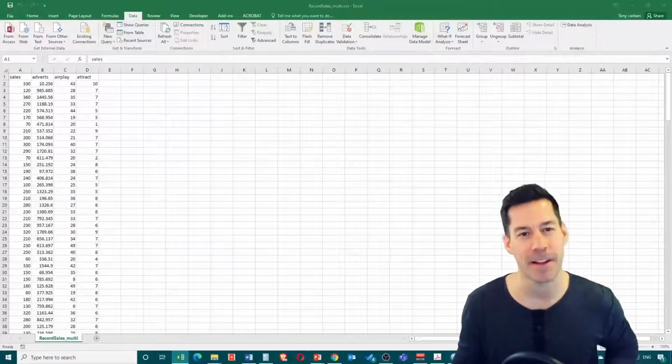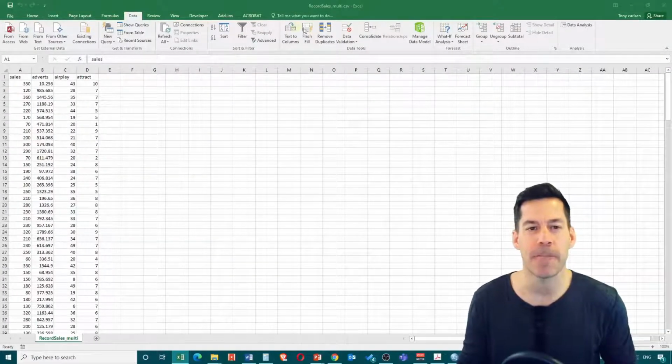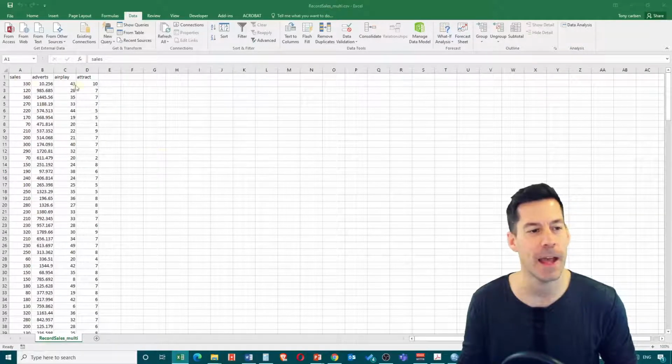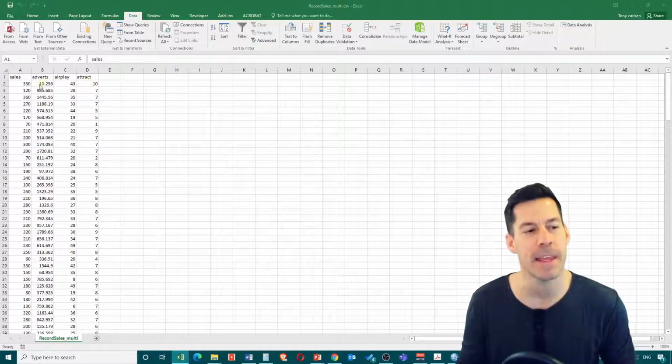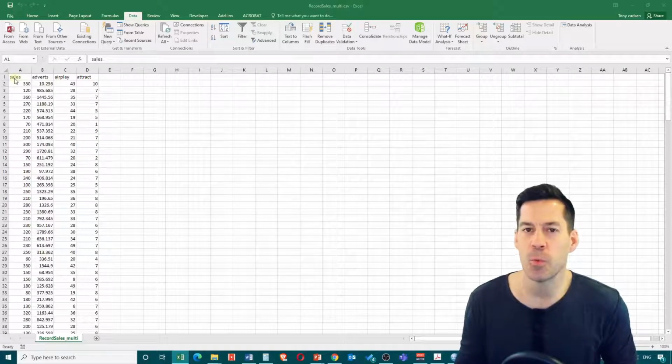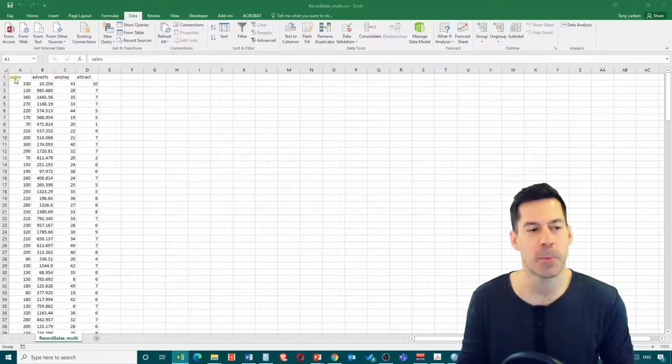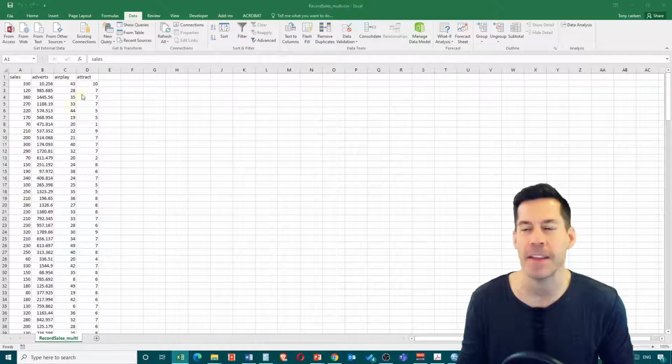So first thing I'm going to do is send myself down to the corner. And here we are in Excel. We're going to be using the file called recordsales.multi.csv. So make sure you download that, and this is what you should see. We've got sales, and then we've got a few different variables: adverts, airplay, and attractiveness of the band. We're going to see if we can do regression analysis to predict the amount of sales based on these other